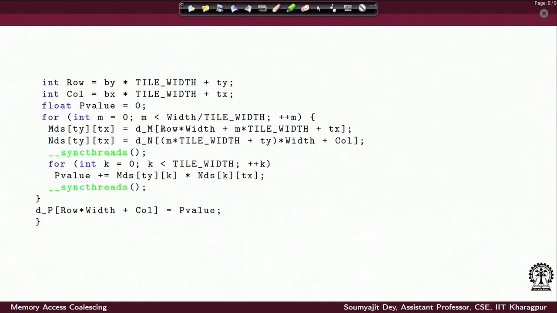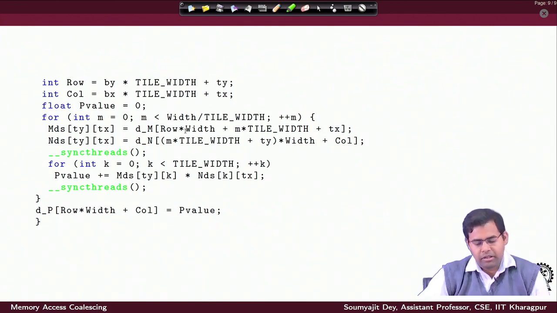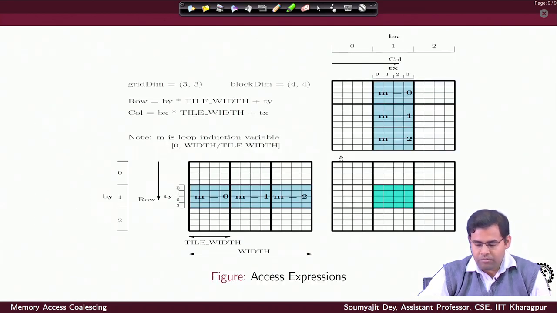So essentially, as you can see, the row will get multiplied by the entire width of the matrix. So that gives me the position in the first row, and then I multiply with the loop iterator variable the tile width, and then I get into the tile with the Tx position. So I hope this gets clear now. So first point is, since I am going to do this inside a loop, in the first phase I am going to access things from these two locations.